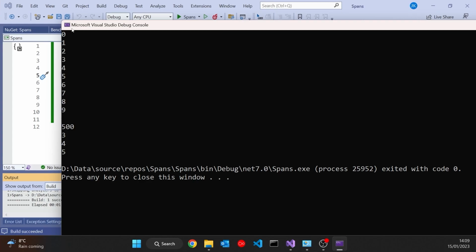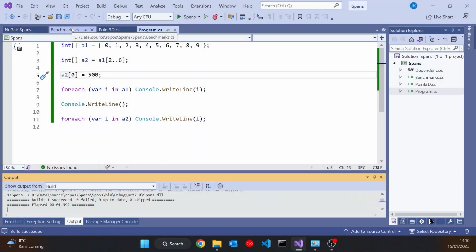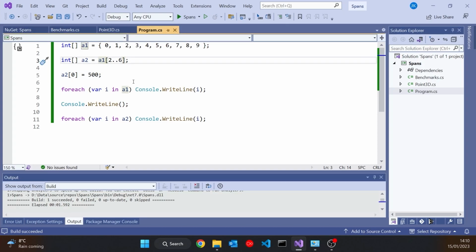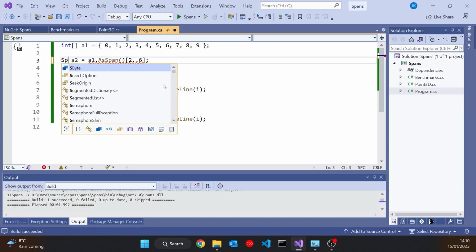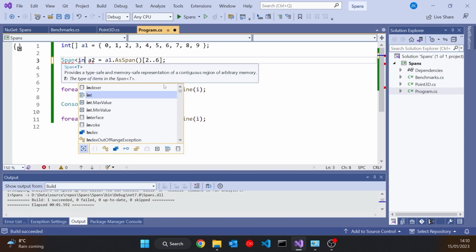So we've allocated two arrays there, two things on the heap that are using up memory, which isn't a huge problem, but will also need garbage collecting when they are finished with, and that's really where the benefits of the span start to come in. So what we can do is make a very slight change to that, and rather than extracting the range 2 to 6 from the array, we can say A1.AsSpan, and this converts our array into this thing called a span. And that means that when we do that, we're no longer getting back an array of ints, we're getting back this idea of a span of ints.